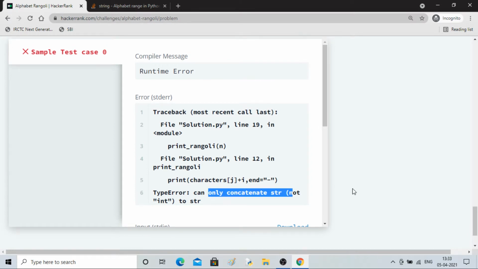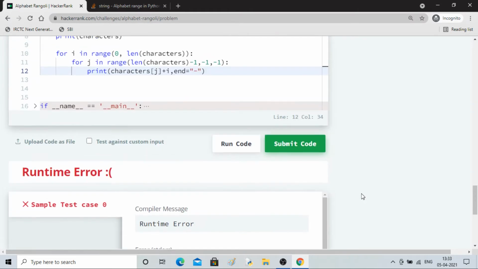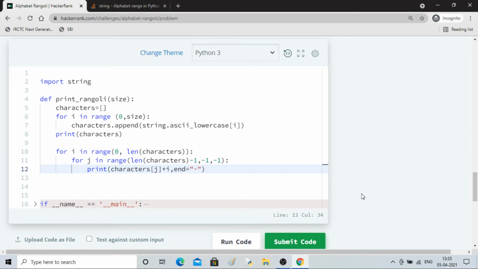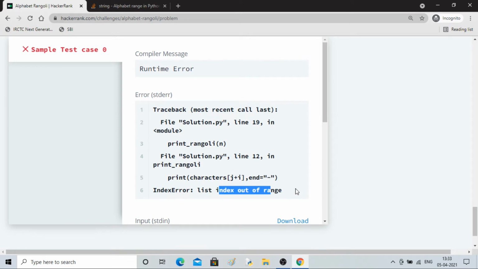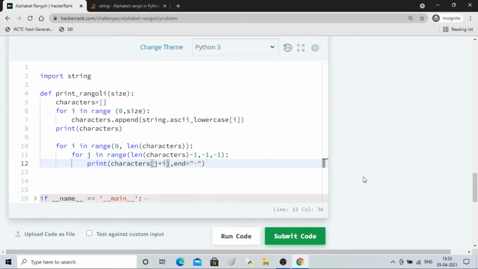Okay, i and j are not in the same data type. Why is it integer type? Character of j is j plus i. This should be the case, right? List out of index. 0 and j is getting, oh, okay.